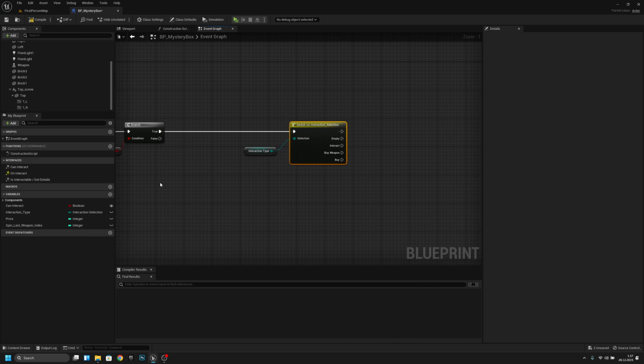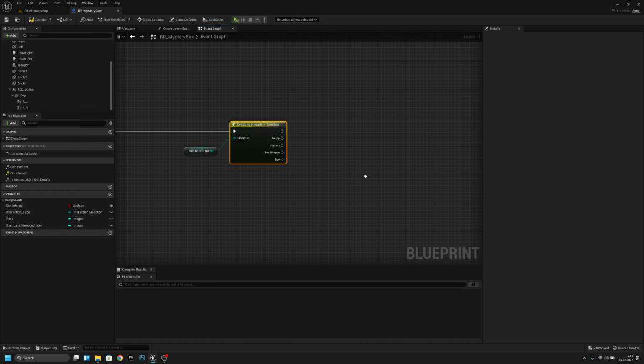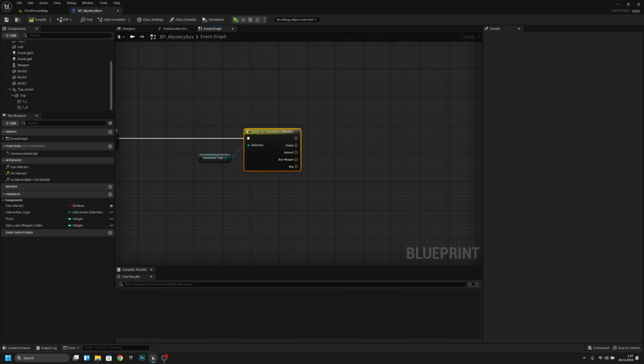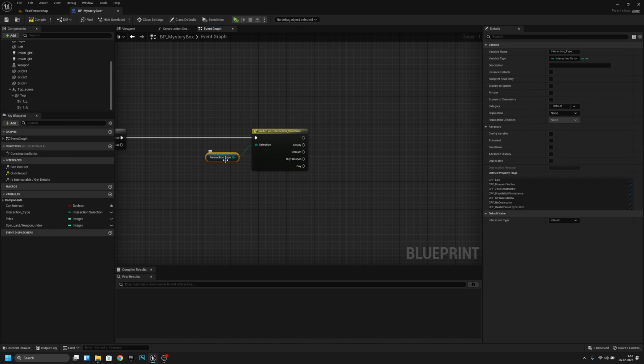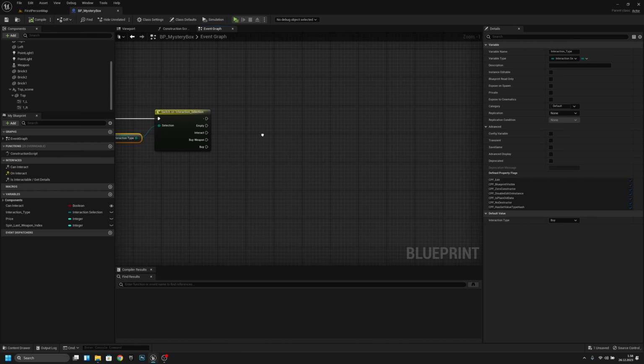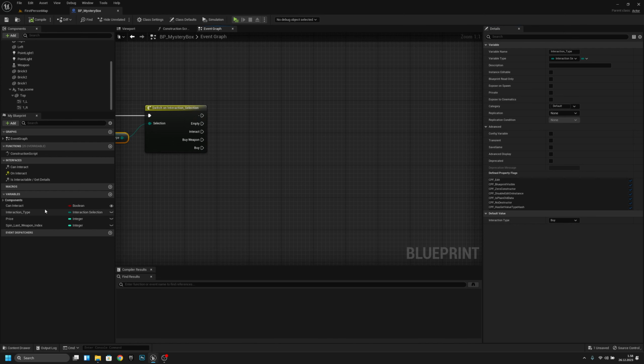As you can see. So now first we have to set this buy thing, because first time we want to buy that. Actually, let's click this interaction type, compile, and we want to change this default to buy like that. Compile and save. Now from here, after we have bought it, we want to set it